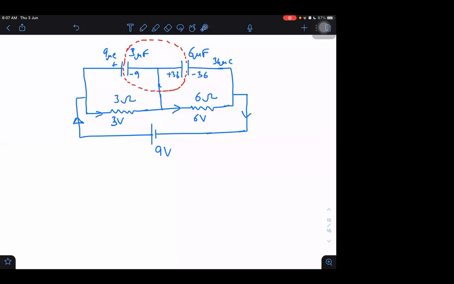What is the charge in this loop now, in this closed surface? In this closed surface, the charge is 27. And what was the charge before closing? Before closing, these were in series, and in series, the net charge inside this was 0. Now it is 36 minus 9, which is 27. So 27 must have come from where? It must have come from this path only. This is the only path from where it can come. So charge flown through the switch is 27.